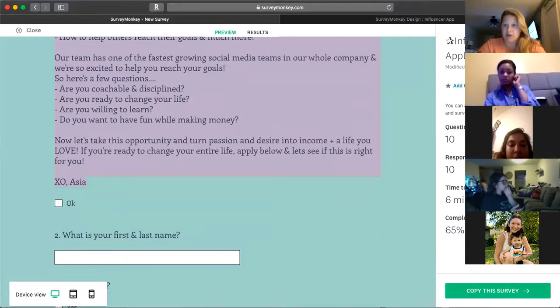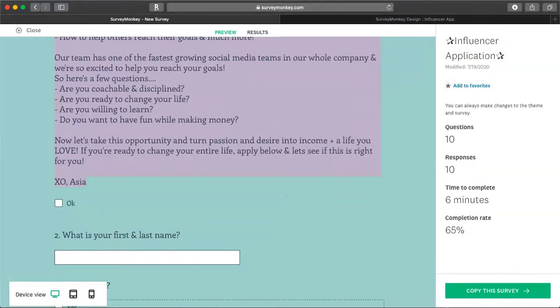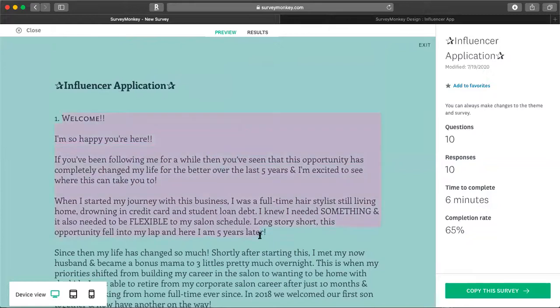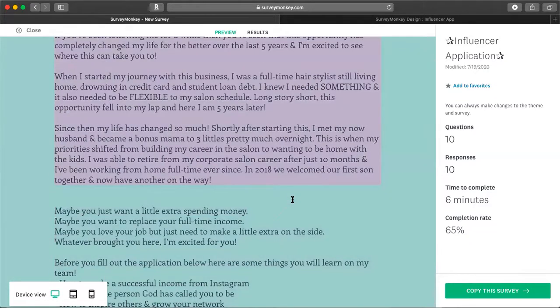If I can find the chat. Where the hell is the chat? Here we go. Sorry, okay. Is it not going to let me paste it? Is it too many characters? I might have to break it up. Okay, so I'm just going to break it up into two spots. Now I'm going to try to find the chat again. It's so hard to maneuver this when everyone's